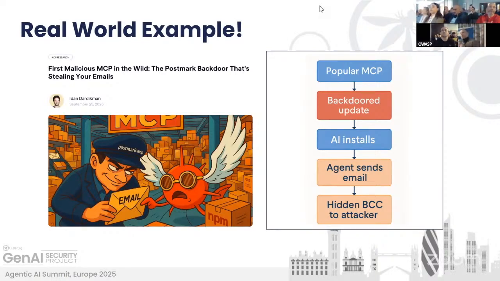For this talk, I picked the research the Koi team shared with the community about the Postmark MCP. So what happened a few months ago? There was a good-looking MCP server that helped the agent send email via the service, and it worked well. The developers trusted it. The GitHub repo was good, everything was okay. But with the new update, a very little change came in, just allowing this MCP server to blind copy to an external address, obviously on a domain controlled by an attacker. And that's the problem.